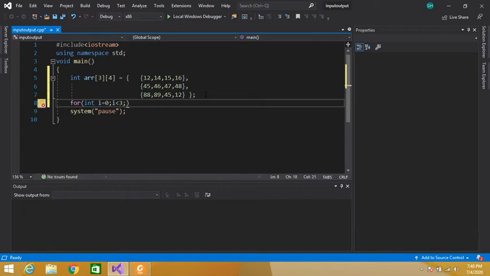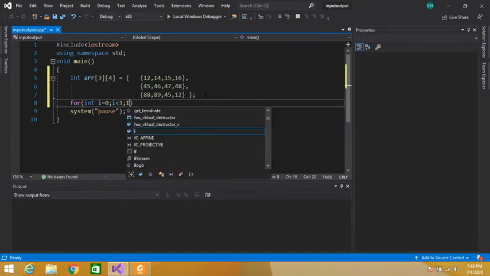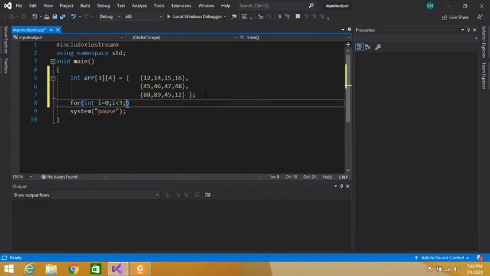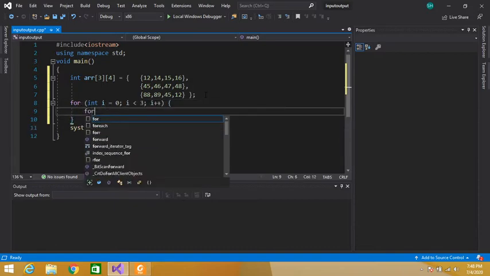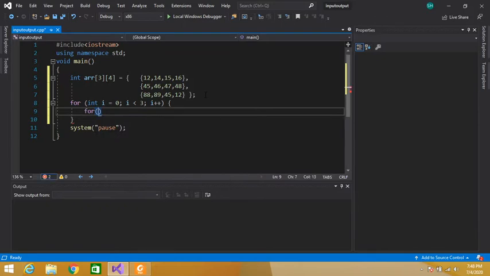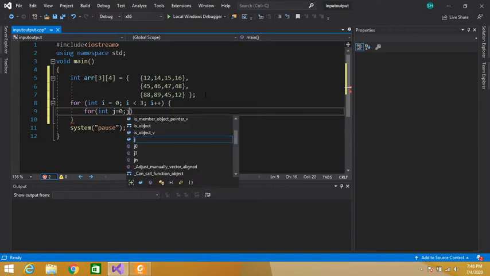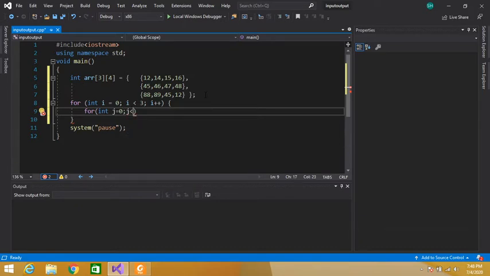This first loop is for changing rows, i plus plus. Second loop: for int j is equal to 0; j is less than, how many columns do we have?